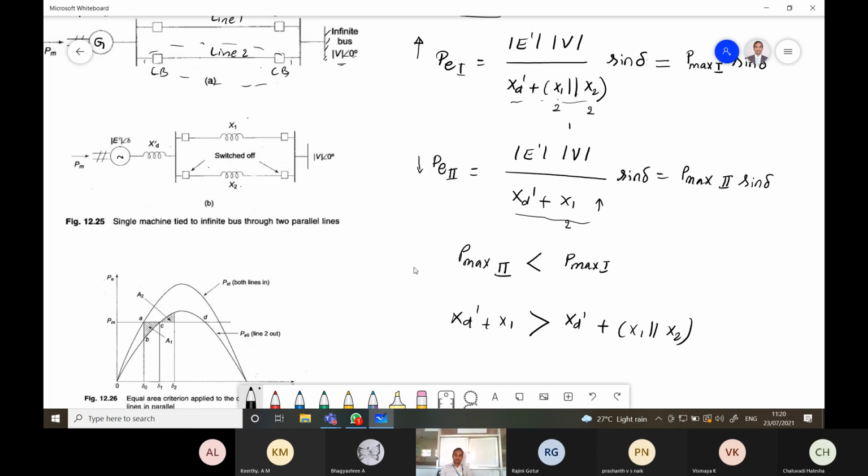Because xd dash plus x1 is more, the power transfer in the second case is less. So when xd dash plus x1 parallel with x2, the reactance is less, we will get more power output. Okay, the initial system is operating at point A. So consider